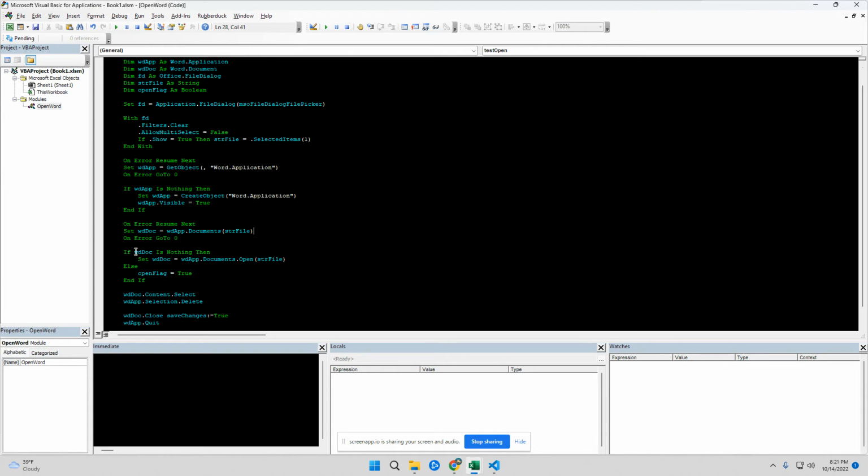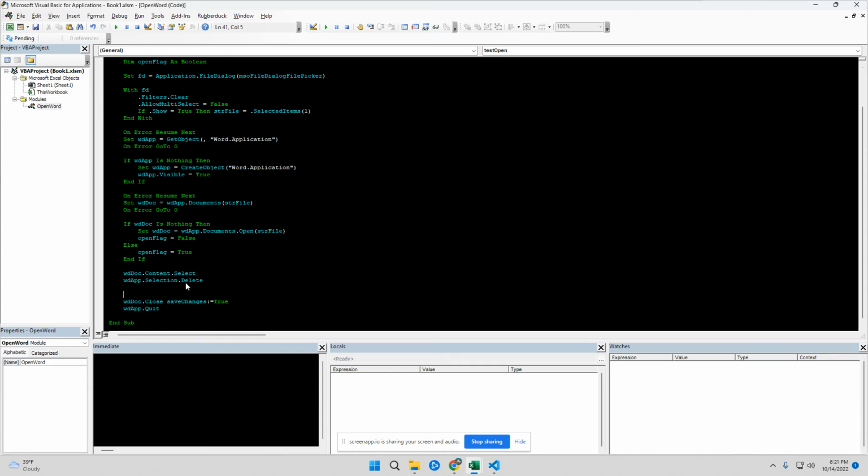So basically, if the Word doc came back as it didn't error out, it actually gave like it was already open, then we're going to set the open flag to true. Otherwise, we're going to set it to false. And then here at the end, if open flag, then